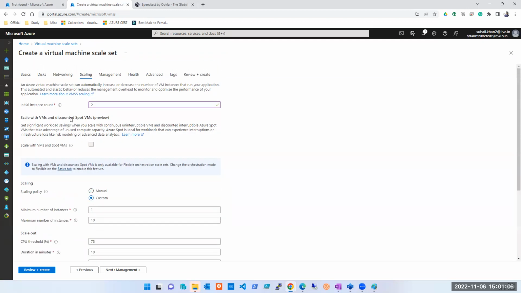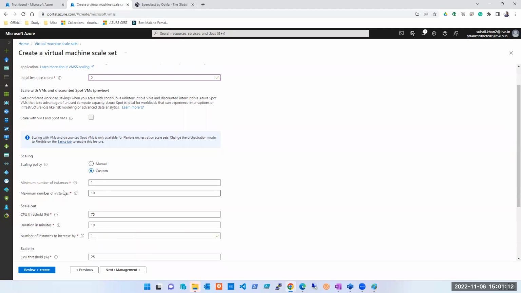So here at the beginning, there should be 2 instances. And now I am setting up the policies, right? I have been telling you guys, okay, take a traffic, I understand, but your computer doesn't understand the traffic. Your computer requires some concrete parameters. So that we are discussing now. What is the minimum number of instances? Initially, I want 2, but minimum I want 1. What is the maximum number of instances? Maximum is 10.